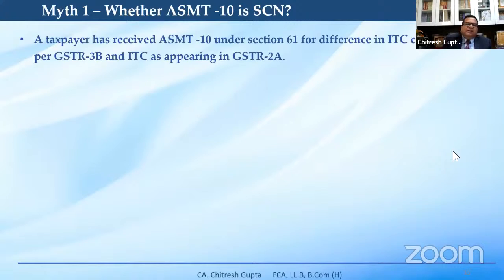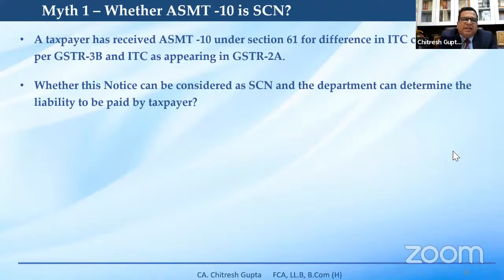So I have taken one example. There is a taxpayer who has received ASMT 10 under section 61 for a difference in ITC claimed as per GST 3B and ITC as appearing in GST 2A. So we all are aware these kinds of notices are very regular nowadays when there is a difference in ITC in GST 3B and GST 2A. So that taxpayer has received the notice under ASMT 10. So whether it is a SCN,